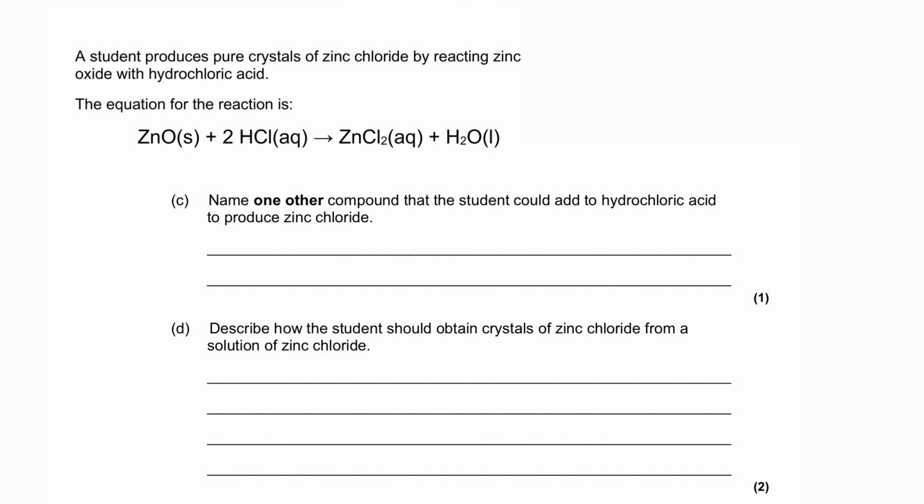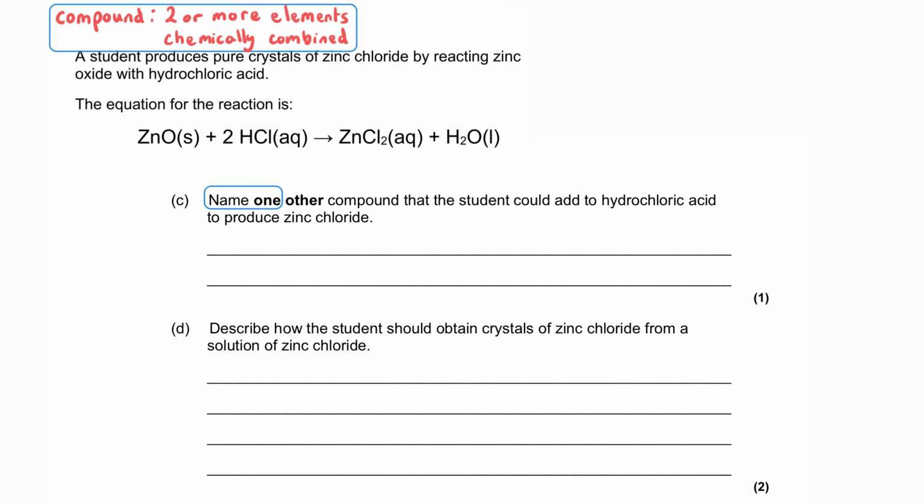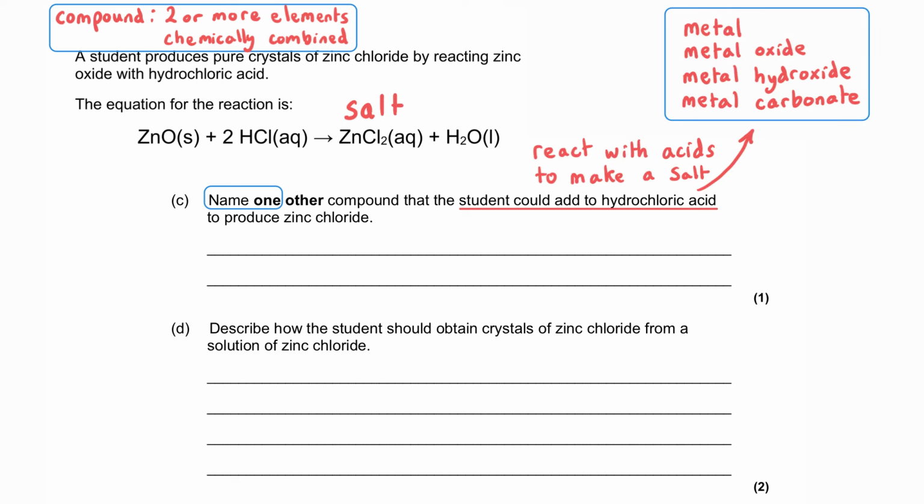As a follow-on for the same reaction, we are asked to name one other compound that the student could add to hydrochloric acid to produce zinc chloride. Well, some things that will react with acids to make salt are metals, metal oxides, metal hydroxides, and metal carbonates. So as a starting point, we've got a list of 4 possible chemicals. Now, we've been told that we are selecting a compound, so that rules out the metal option on this occasion,